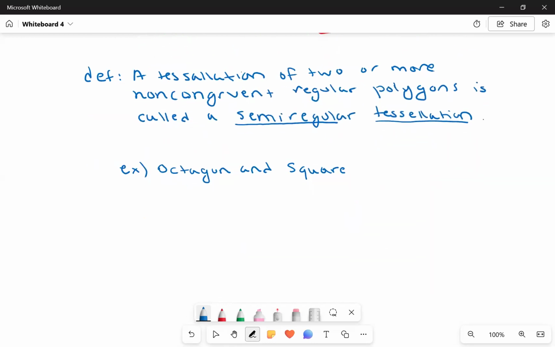Here's how I know that. This is the one where I wanted to subtract from 360. So I'll take the 135 away from 360, and 90 degrees, because that's a square, and let's see what I'm left with. If I take 135 minus 90 from the 360, I get 135. That implies that if I have 2 octagons and 1 square, that will make the right 360